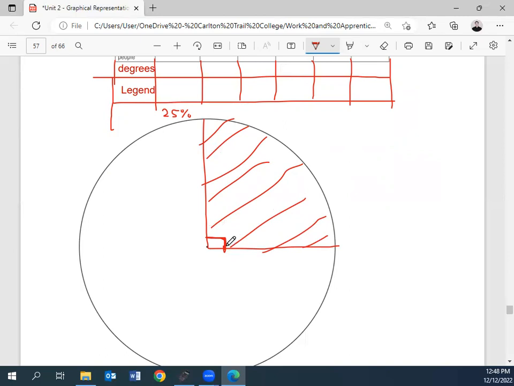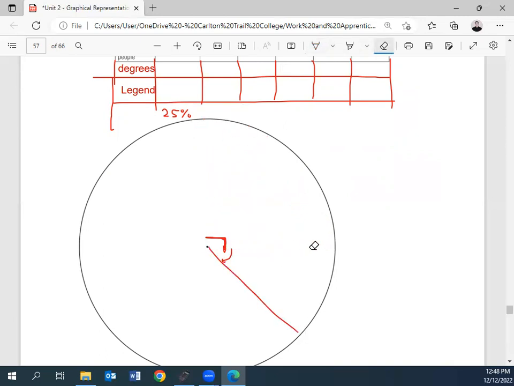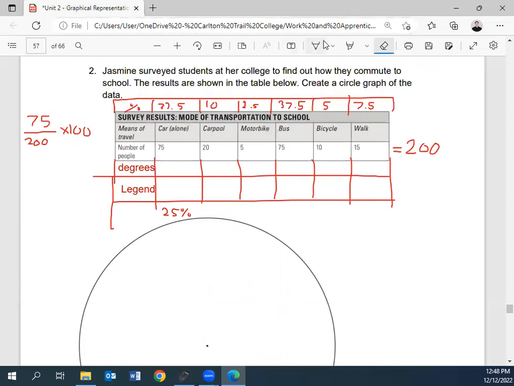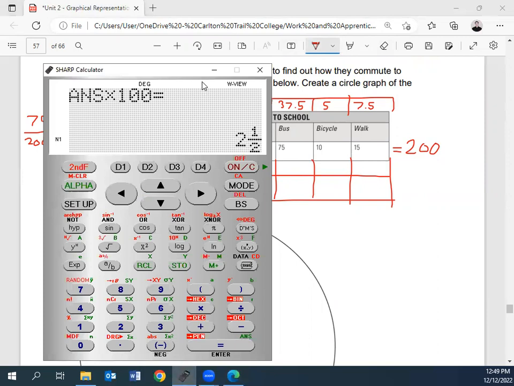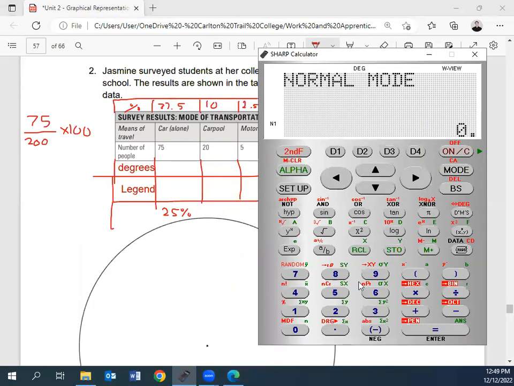If I told you something was like 10%, though, you'd have to figure out what angle it is to go from 10% here. So how can I convert this percentage into degrees? Any guesses? You're on the right track. Sorry? Divide it into 360? So right track. Actually, what it's going to be is we're going to figure out,